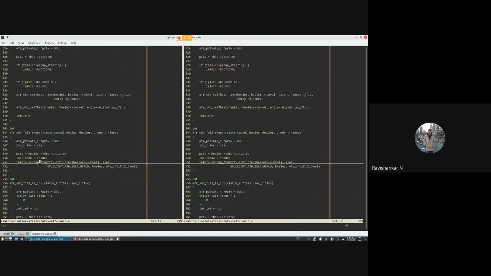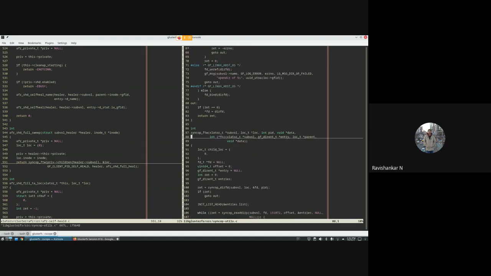What this does is it will do an open dir and read dir of the directory, and for every entry it will call this AFR SSD full heal, which you see on the left hand side. That's the ftw function. So basically do a read dir, and for every entry do the function which is passed as this argument.